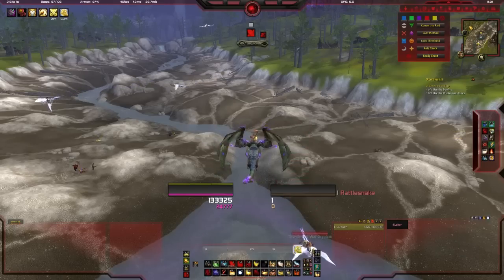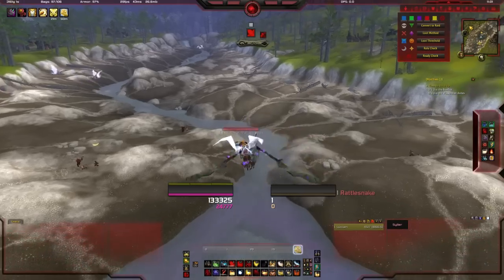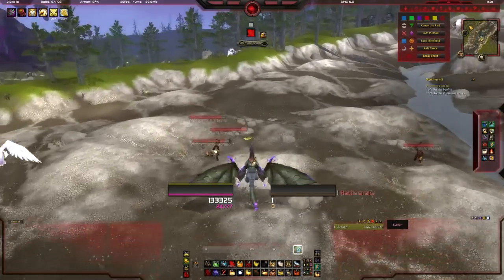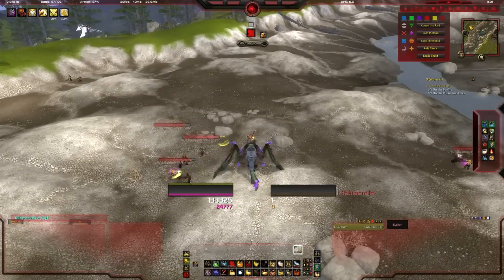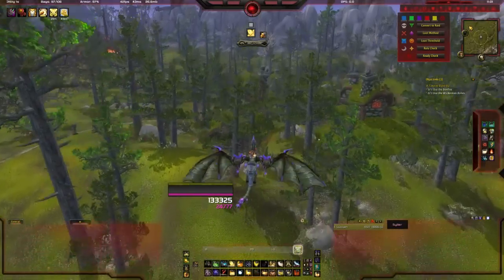So first of all we want to head to the right of Blood Gulch, and there'll be this river. Here we'll find the Rattlesnake. It should be either in the water or along the sides. And then head just north of there to the